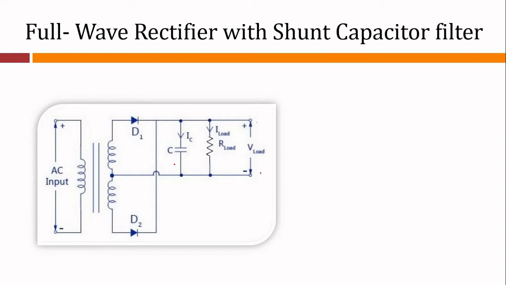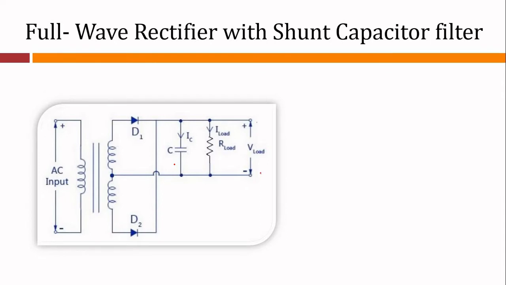Now there are two ways to assemble this circuit using half wave and full wave. Here what we have used is a full wave center tap rectifier circuit, and if we carry out the analysis for full wave rectifier with shunt capacitor filter, the filtering action of shunt capacitor filter on a full wave rectifier is as shown in this circuit diagram. In this case, the capacitance C discharges twice during one cycle because both the diodes conduct and the non-conduction period has reduced. The result is that the ripple voltage VR has been reduced to half, and VDC is increased relative to the half wave rectifier.